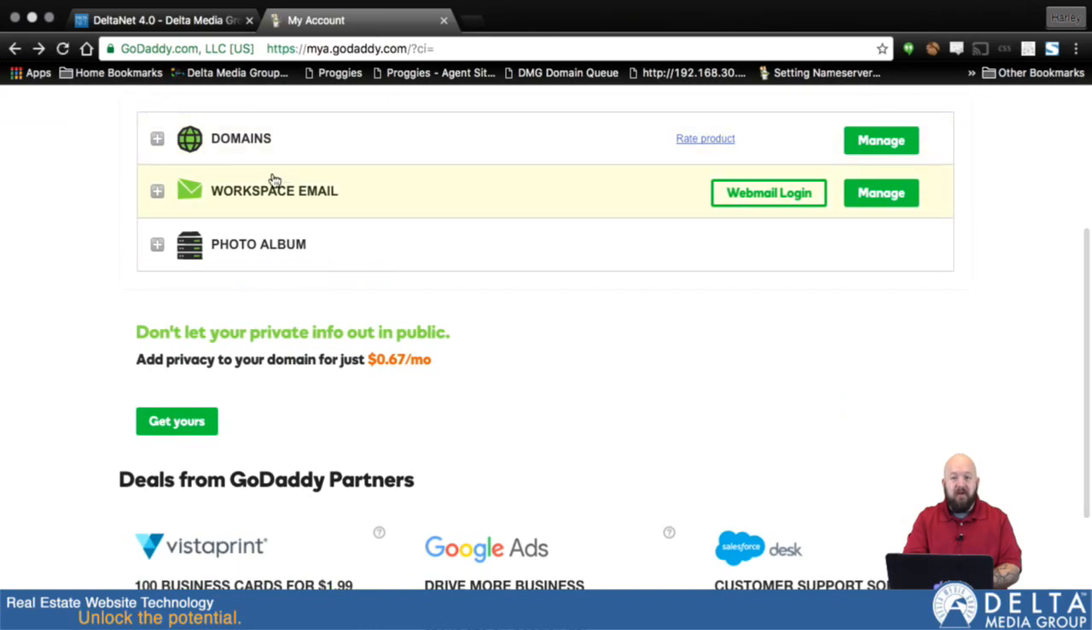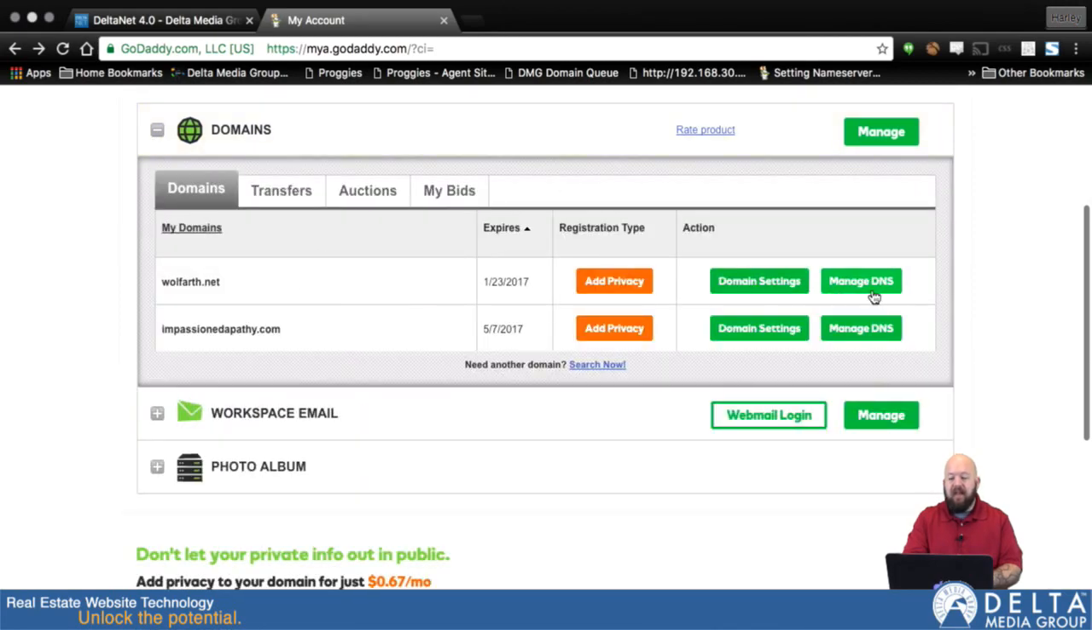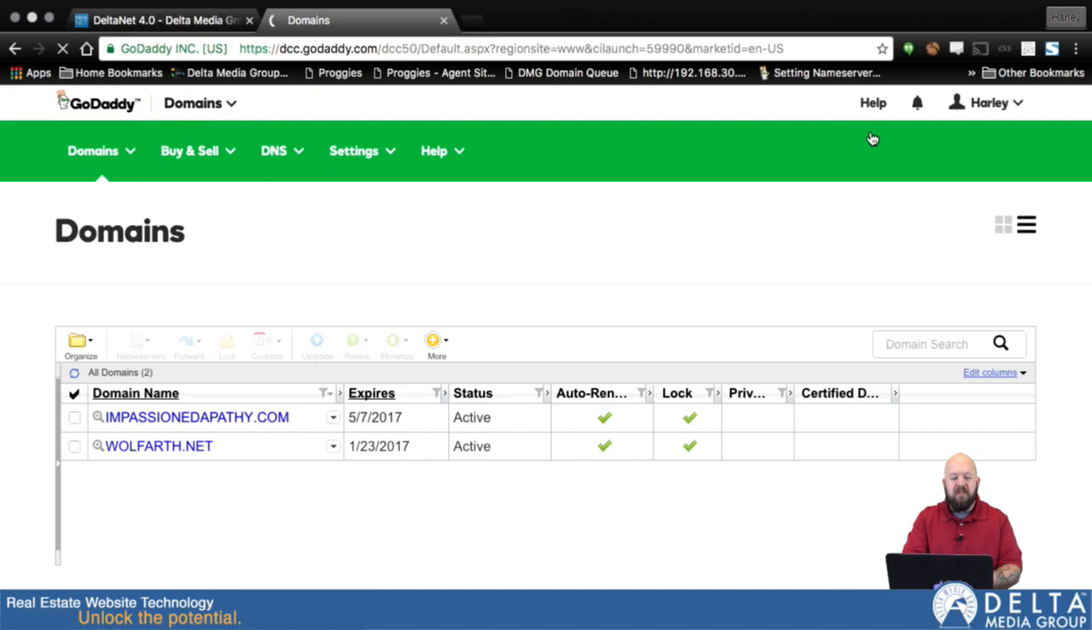And that's the thing about GoDaddy. There's about 6 different ways to do everything. So one method would be we click on this plus sign and we click on Manage DNS and go through there and do it the way we did before. Another way to do it is if we click Manage up here to go to this other interface,